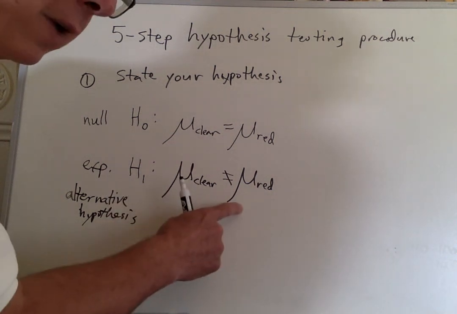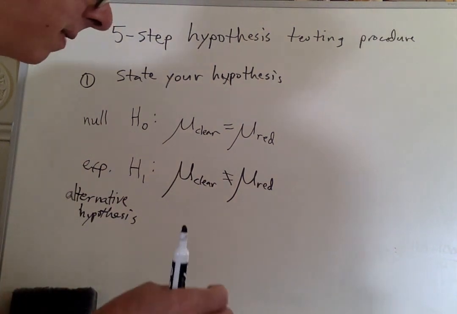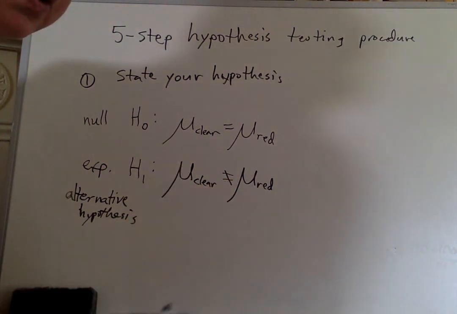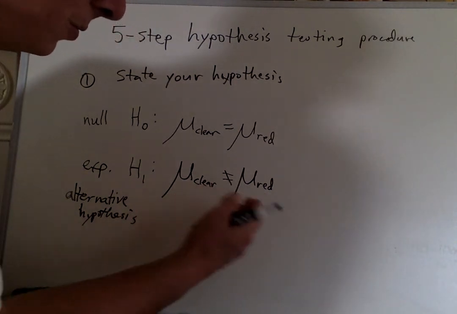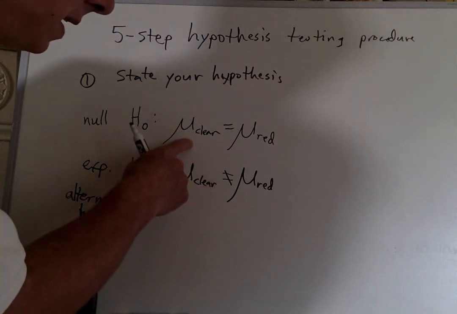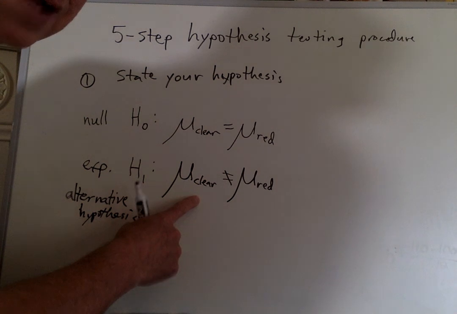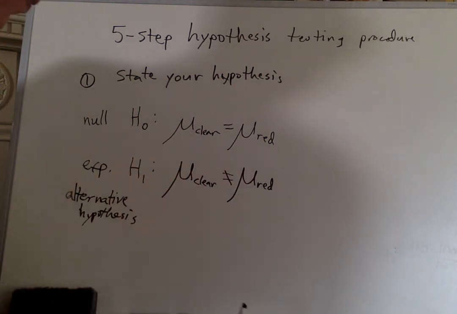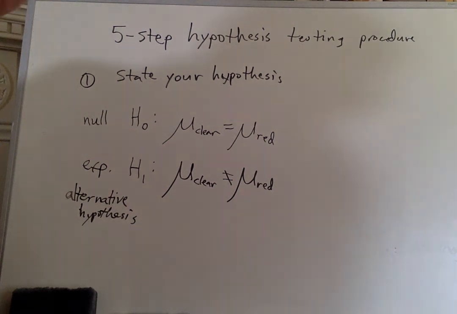Even if I thought red was going to increase sweetness, which is what I thought in this experiment, I'm going to leave myself the opportunity to look at whether or not it's going to decrease. This says the same, equal. This says it's going to be different. That is the red and the clear. Okay? So that's our first step when we do our